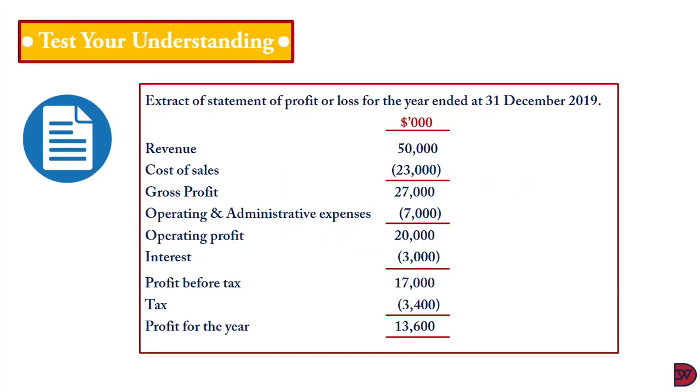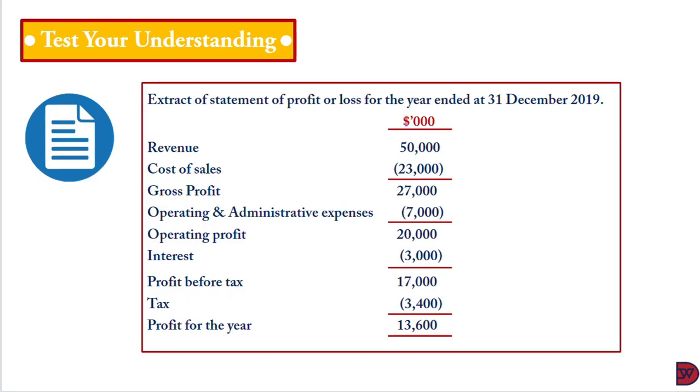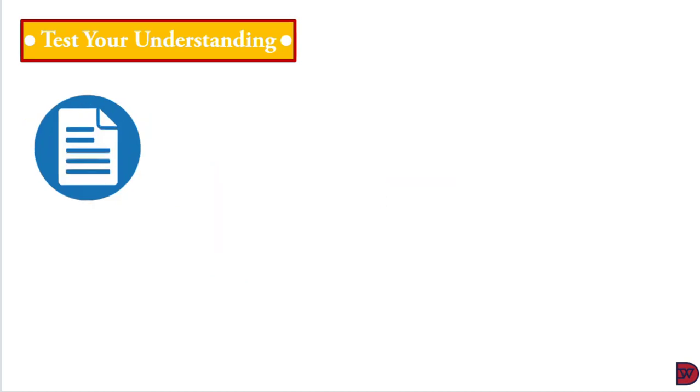Let's test our understanding. Here is an extract of the statement of profit or loss for the year ended 31st December 2019 for a certain business. We have the revenue, the cost of sales, leading to the gross profit. We have the operating and administrative expenses, then operating profit, interest, profit before tax, the tax, then the profit for the year. In additional information,